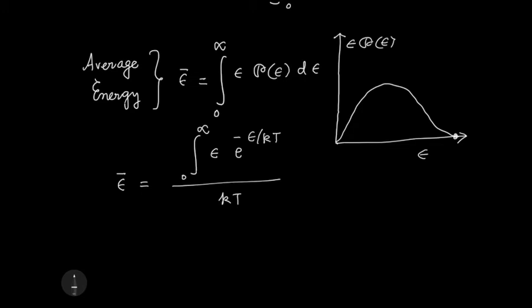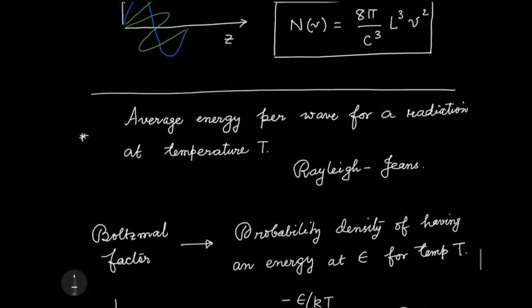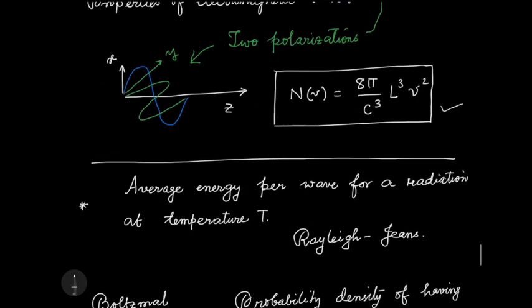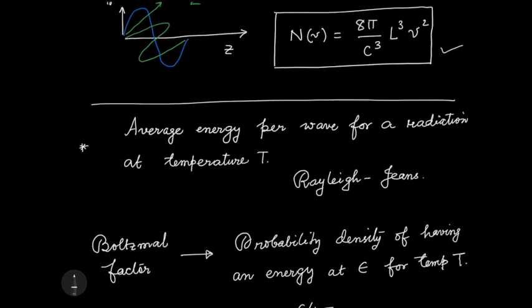0 to infinity epsilon e to the minus epsilon by kT d epsilon. I know you should be very good at integration. So if you calculate the average energy, it will just come out to be kT. It is independent of temperature. It's kT. Okay. And now, because I have the average energy as calculated by Rayleigh-Jeans, and I have the number